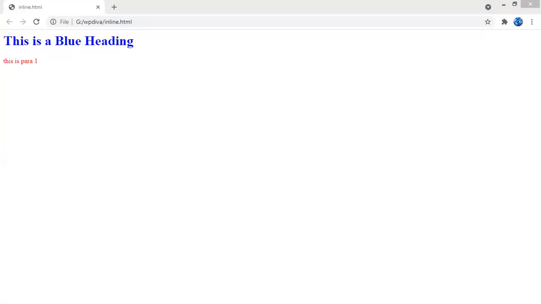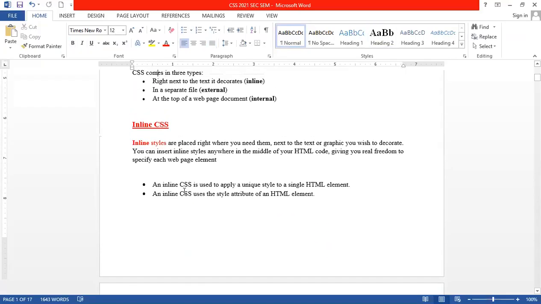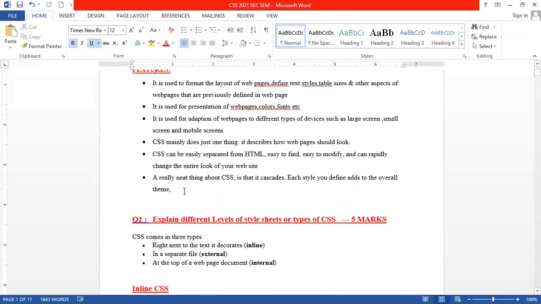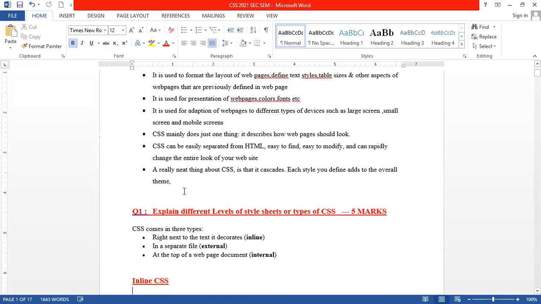So right now, when any explanation is asked about the first type of CSS, that is inline CSS, you can go down with this programming example. Fine, and you can cover this theoretical part. So I will share the questions after class today. So this is all about the features we have discussed in the morning session, that is features of CSS. If they ask you for a short note, you can write features or you can write types also. Just combine 2 to 3 paragraphs for 5 marks. Okay, you can write features or explain any types of sheets, right? So this will be almost your next assignment, maybe the third assignment.